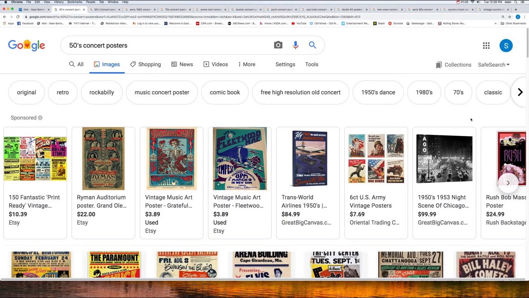So I'm going to start here looking at the 1950s. The first thing we've got to do is figure out what the styles of the different periods of concert posters were. Now, what the assignment will be is you will take a modern act, an act that's only been around maybe 10 or 15 years, tops,